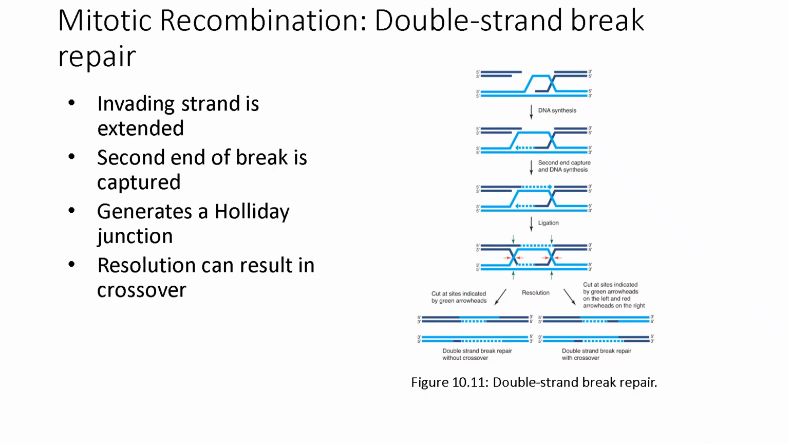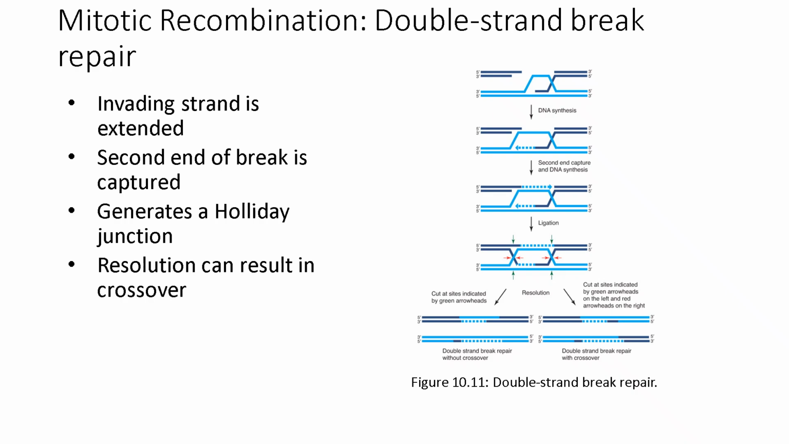The invading strand is extended, and the second end of the break is also paired with the donor template, forming a double Holliday junction. This structure is then resolved, potentially leading to crossover events. Although this pathway is more complex, it ensures robust repair of severe DNA damage and can result in genetic exchange